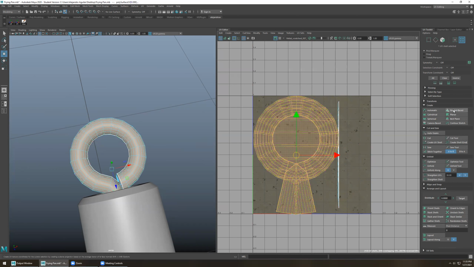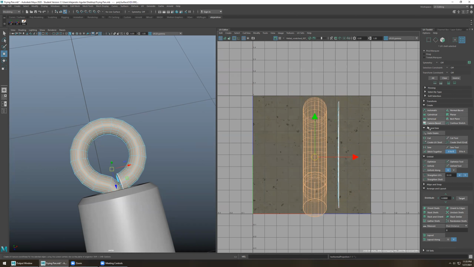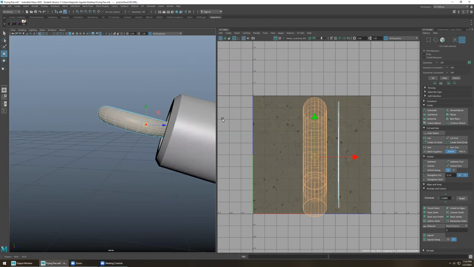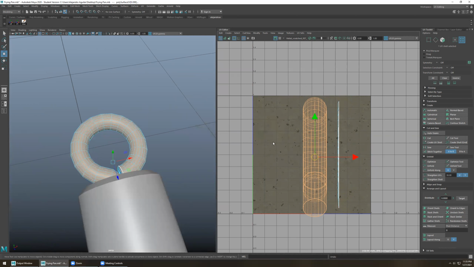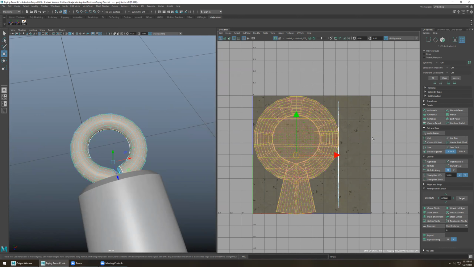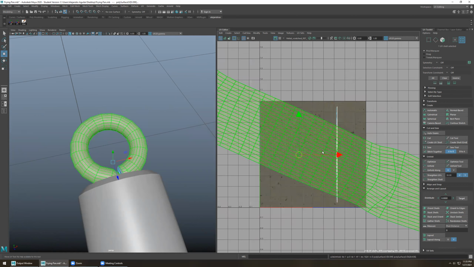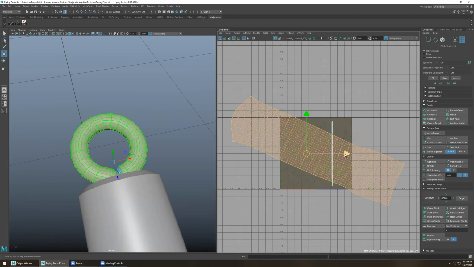Now, if I press normal based, it gives me this weird wonky looking result, it looks like it's trying to unwrap it from this angle in the viewport. We don't want that. No, no, don't save. That's going to cause a bunch of problems. Okay, there we go. What I'm going to do is unfold, and now we should have a more or less straight pipe